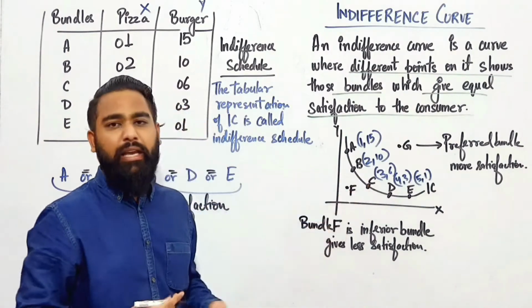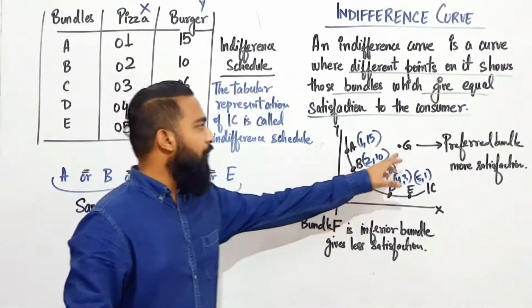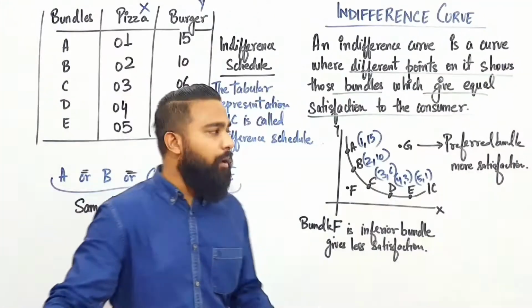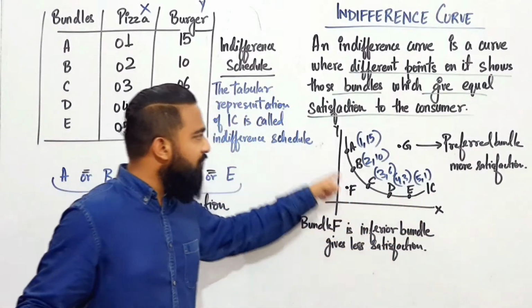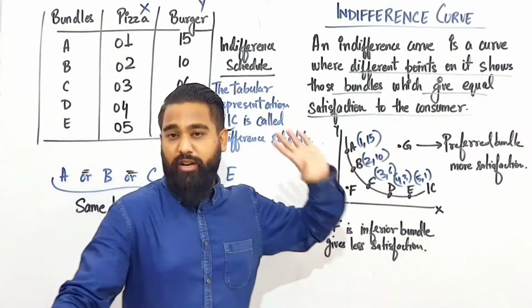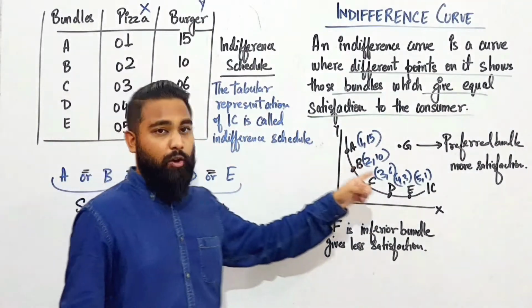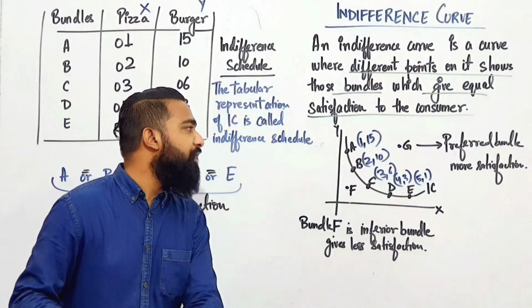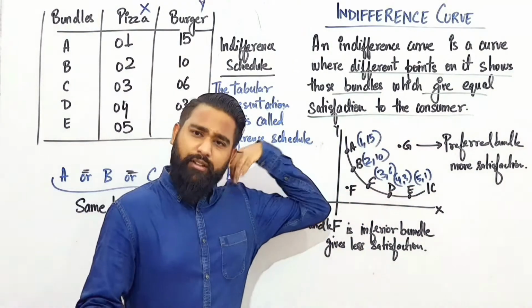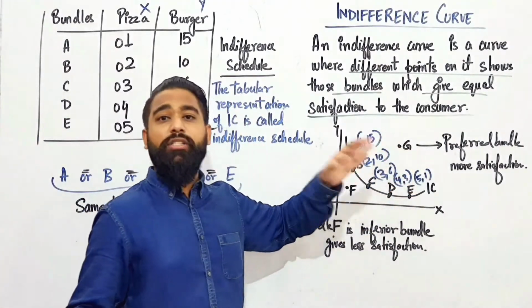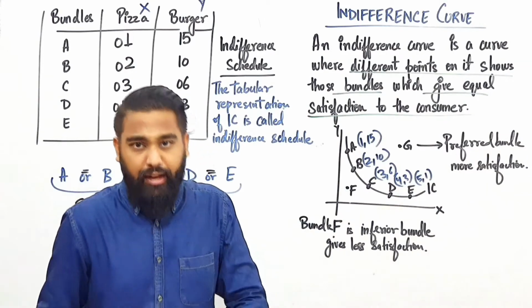But it depends on the money income. We cannot reach up to this point because we don't have that much income. We are on the indifference curve where the money income is equal to the level of satisfaction. Our satisfaction level must remain on the basis of our money income. So this is your indifference curve. Point G definitely will give more satisfaction, but it's not reachable because we don't have that much income.